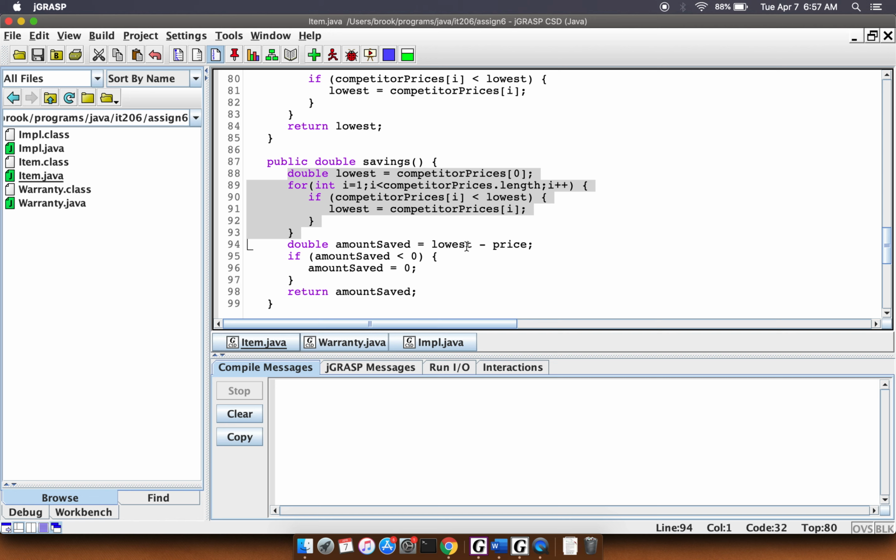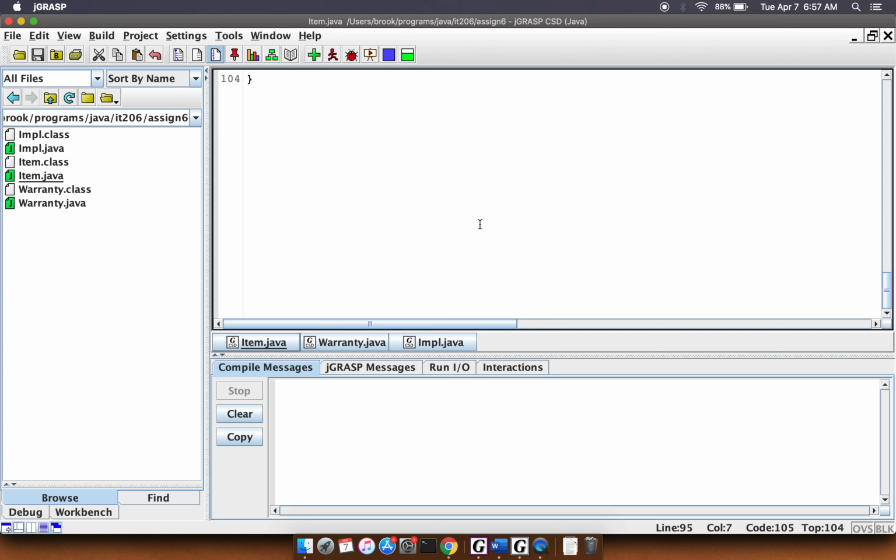And if that number ends up being negative, in other words, if the competitor ended up having a lower price than what we have, then we didn't save any money. Okay, so that's what this check right here is for. And finally,